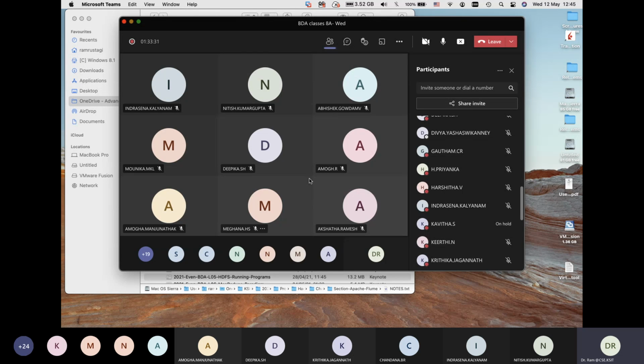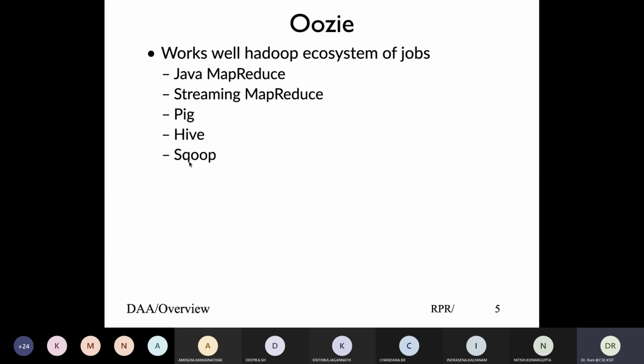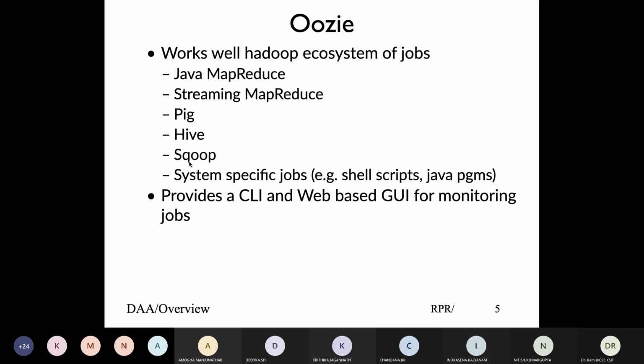And that was Hive. Then we looked at Sqoop. Sqoop is to import and export data from an actual RDBMS. HDFS is not an RDBMS. Sqoop is to migrate data from RDBMS to HDFS and vice versa. So different components. So Oozie can work with all these components, basically the entire Hadoop stack.